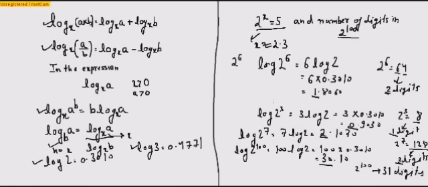So that's how the base 10 can help us. That is, for finding the number of digits in 2 to the power 100, we can simply take log of 2 to the power 100 base 10, then 100 log 2 becomes 30.10, and we can confidently say that 2 to the power 100 will have 31 digits.